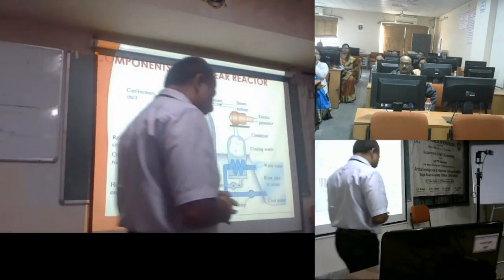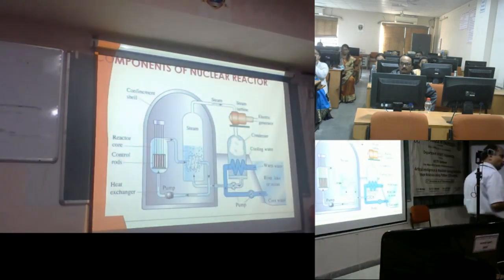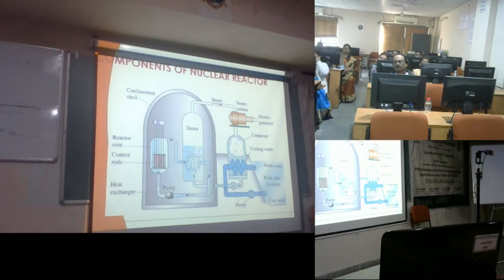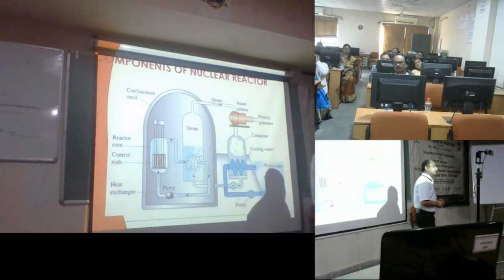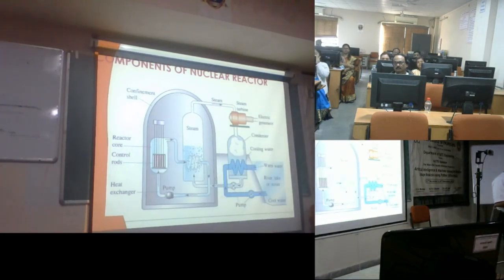Now, this is the typical working flow of the nuclear reactor. So I have just considered some of the important components of the nuclear reactor. So you can see here the rectangular box. Here, the nuclear reaction that I was talking about is basically taking place. So here all the fission reaction is taking place,